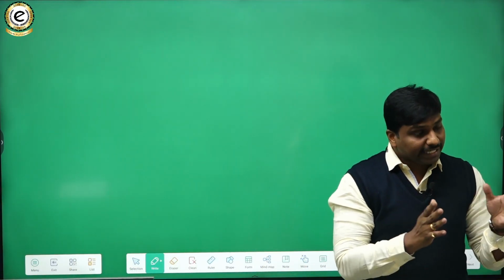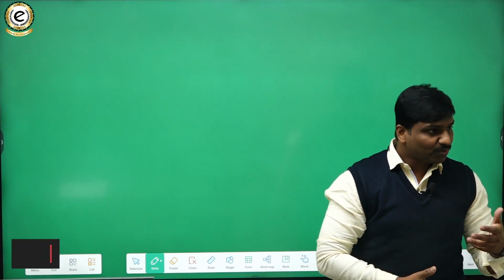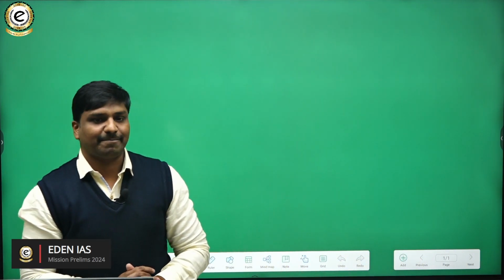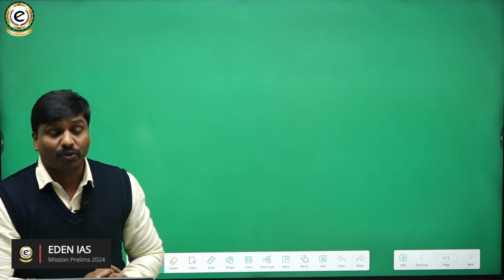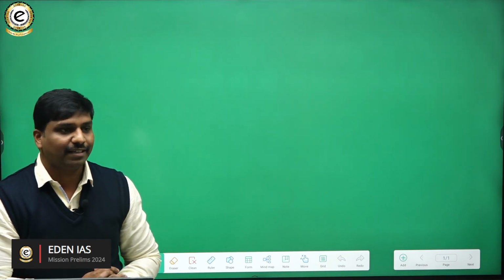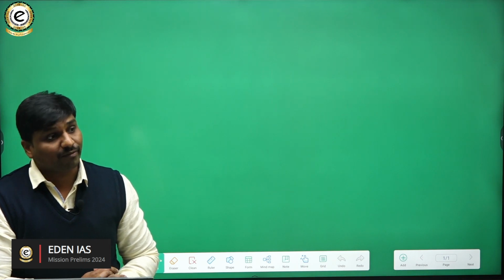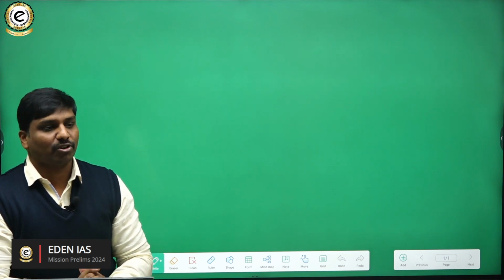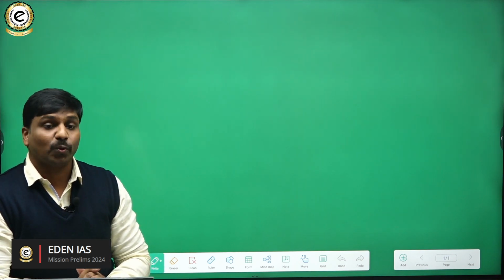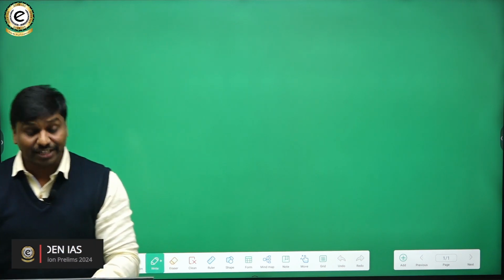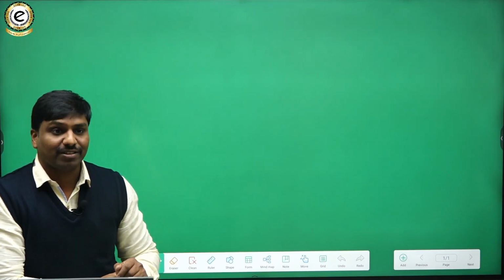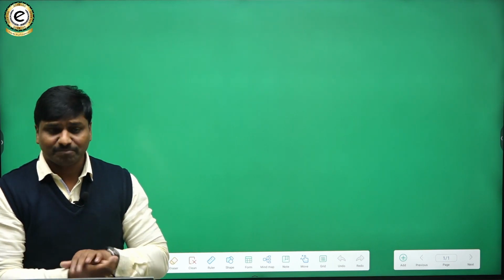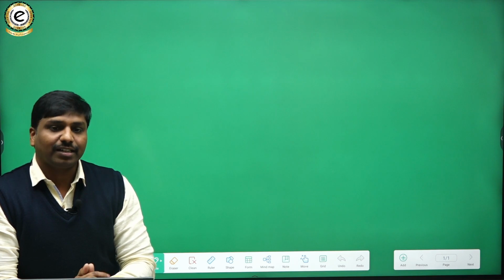And apart from all of this, every UPSC aspirant will equally prepare for the exam, but those aspirants who go with appropriate revision will succeed in the exam. So we are all with the revision process. Remember that revision is the key to success in the civil services examination. Those who revise things properly, who can remember and recollect things properly, can succeed in the exam. So you are all with that process. I congratulate all of you for starting your revision process as early as January. So with this, let's begin our class.